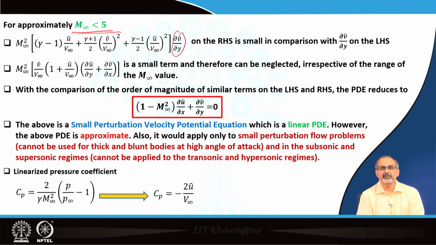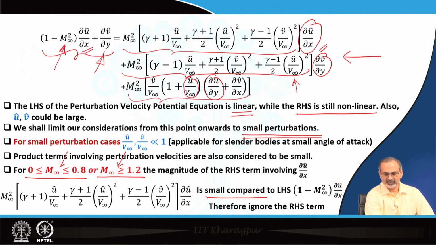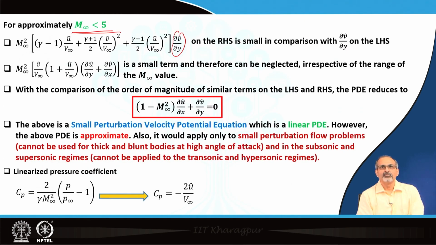the right hand side is a small term and therefore, can be neglected irrespective of the range of the M infinity value. So, that is basically this term, which is going to be small under any circumstances, and therefore, it can be neglected. You can see for yourself, because there are products of very small terms which will make it small under any M infinity range. Put together with the comparison of the order of magnitude of similar terms on the left hand side and right hand side, the PDE reduces to a form like this, which is significantly simplified compared to where we started from,